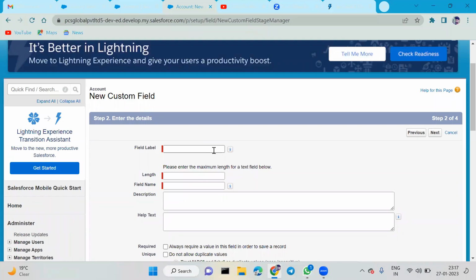Okay. Now give the field label. I'll give you any name. Suppose